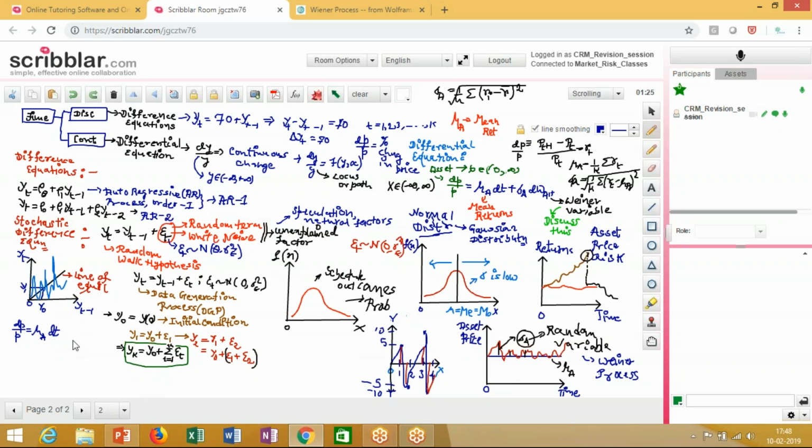So the percentage change in price is determined by the mean returns times the change in time, and that is a continuous change in time. So over here, the next thing that we talk about is the sigma